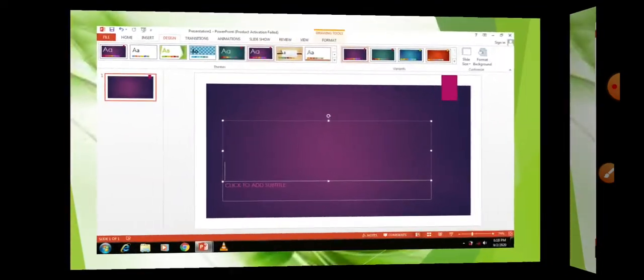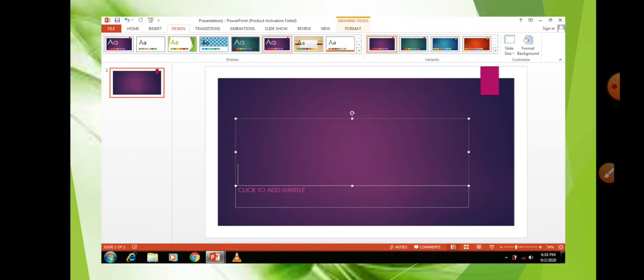Now, whatever you want to write, you will get different types of slide options. You will get the option of which type of slide you want. If you want a blank slide, you will get a blank slide. If you want different types of slides, options are there. The slide which you need, you can use it. Only title, with subtitles, with pictures, without pictures. For pictures you have to click another way. Different types of things are there, so whatever you want to choose, you can choose. It's your choice, and so many choices are there for you.